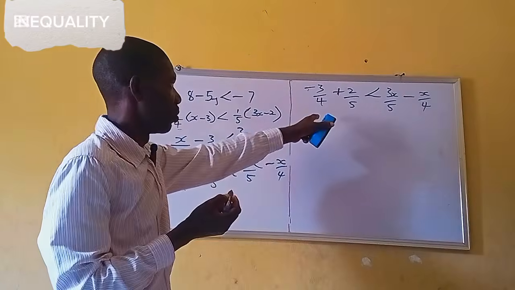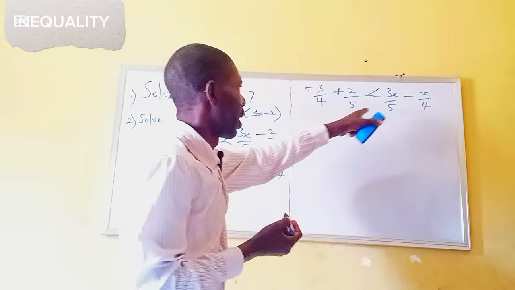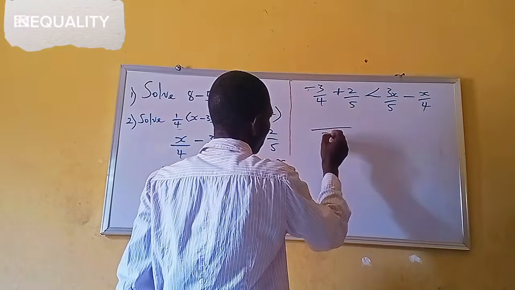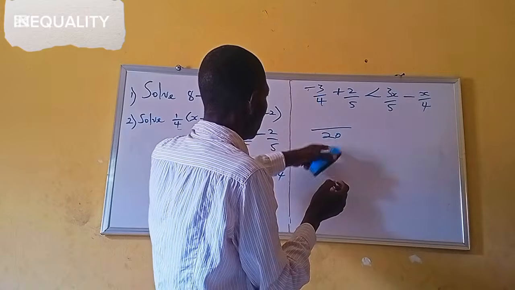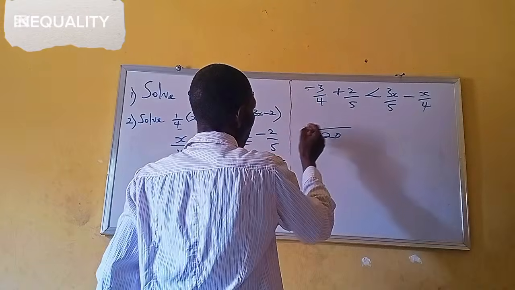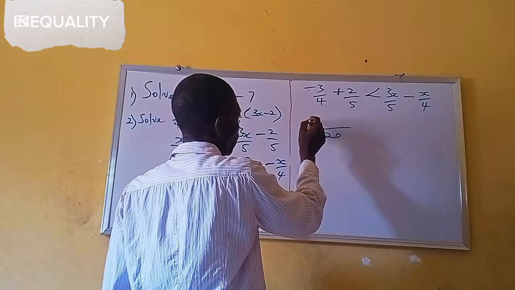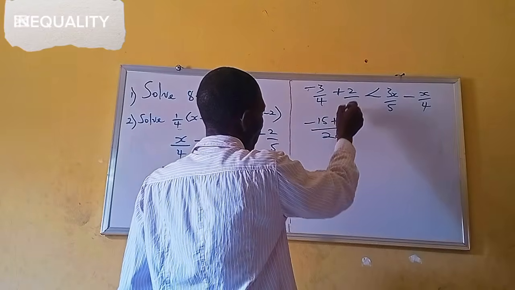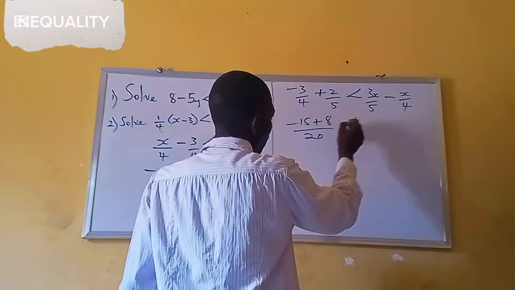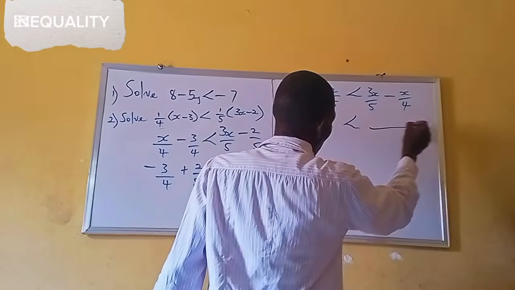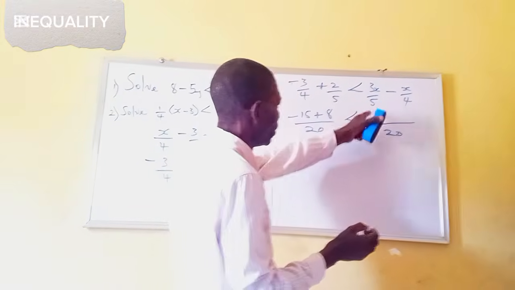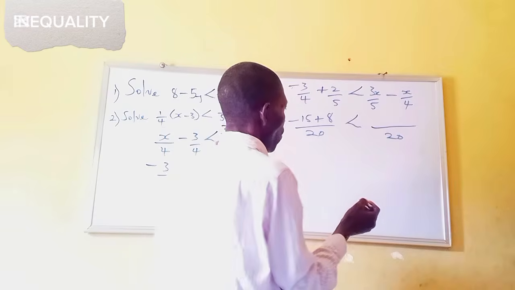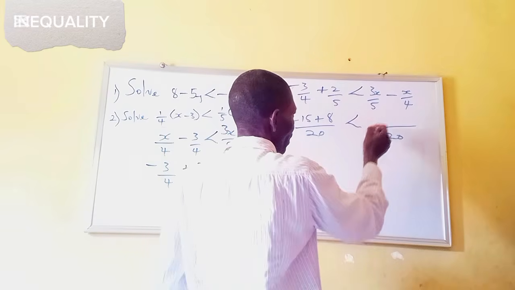Okay, we find the lowest common multiple of this and of this, which is going to give us 20. So this will give us 5. So 5 times minus 3 will give us minus 15, plus 4 times 2, that is 8. Likewise the lowest common multiple of this is 20. So you have 20 divided by 5, that is 4. 4 times 3x,